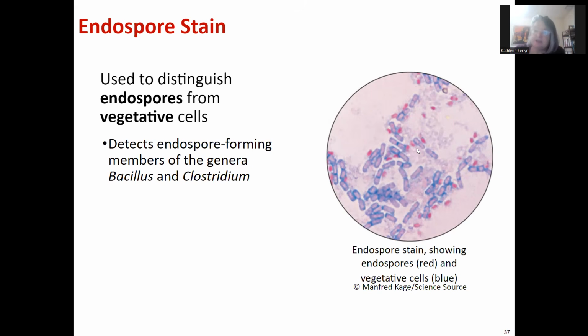Here, they used a red dye as the primary, so their spores are stained red. And the vegetative cells, which you can kind of see here, are stained blue. In our class, we tend to use safranin as the secondary stain in our spore stain, and so the vegetative cells would be red. So again, pay attention to the colors that you're using. The first color is the positive for that dye, and the second color will be the counter stain or the